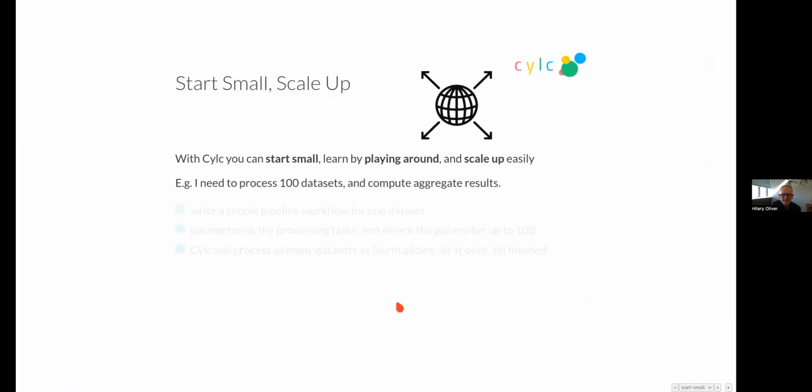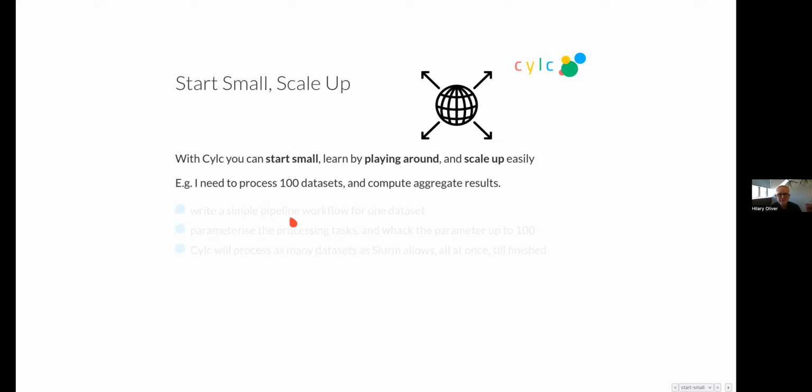So I've showed you the basics. Cylc has the power to scale up to pretty horrendously complex workflows if you need it, that look like this. This is a real workflow. But I'll just show you how easy it is to scale up for simple use cases if you need to. Point is, you can start small and learn how to do things by playing around and then scale up very easily.